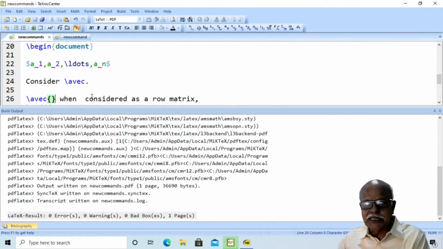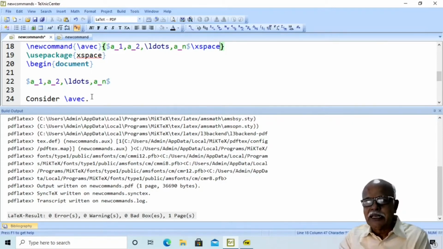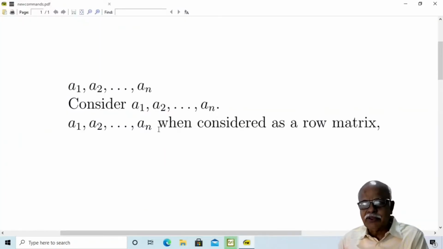Another approach is, instead of using this, you may use the package xspace, and then in the definition of \awake, you may say \xspace. Then without using the curly braces, you will get the space as required by you in the output.